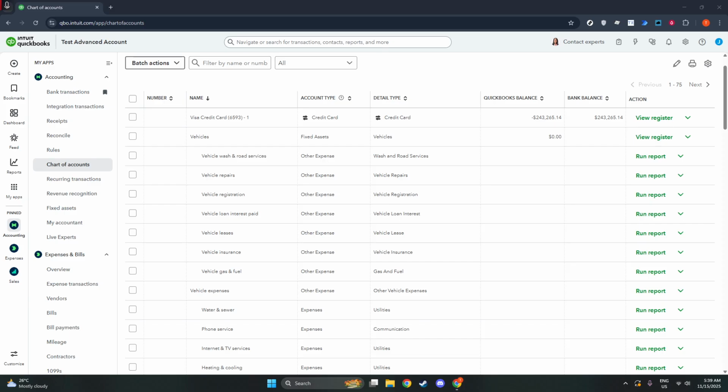And there you have it, a straightforward way to declutter your chart of accounts in QuickBooks Online, thus ensuring that your financial records are as clean and